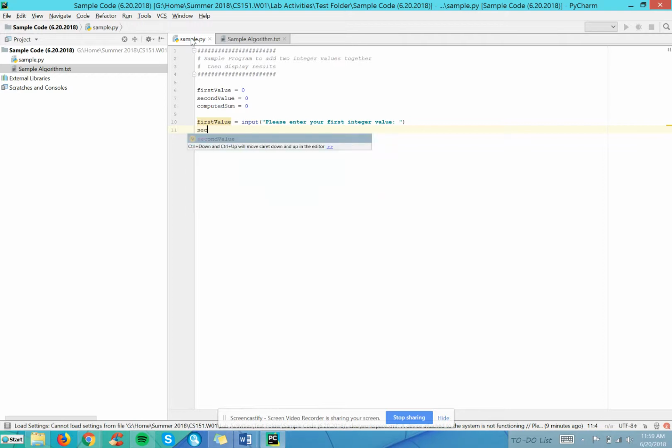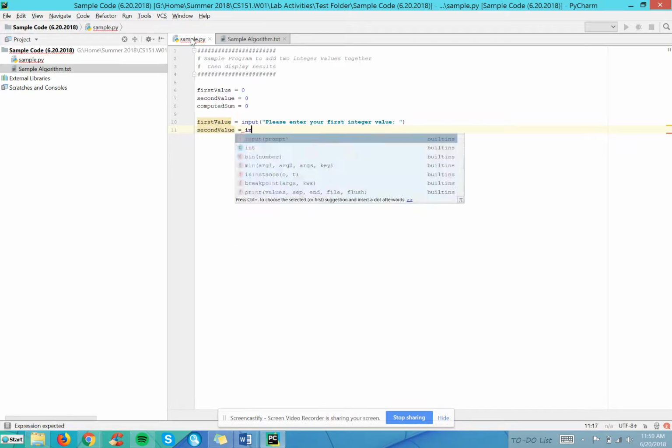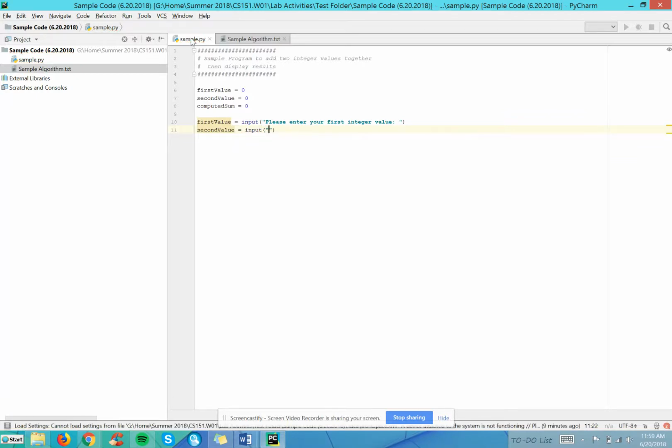The next thing that I want to do is ask the user for the second value. So second value is equal to input, "Please enter your second integer value:"